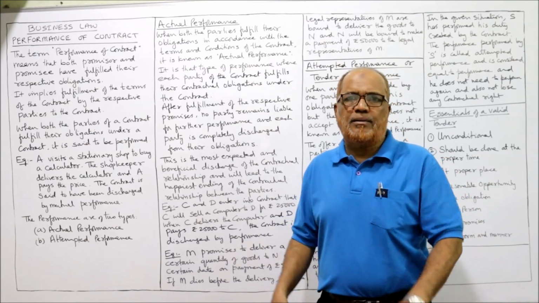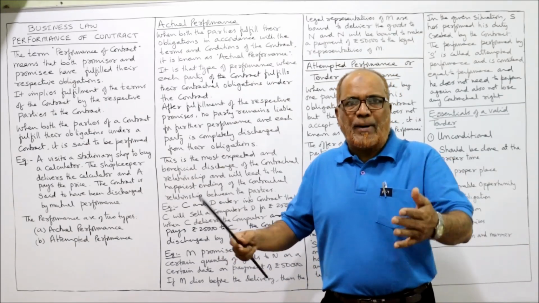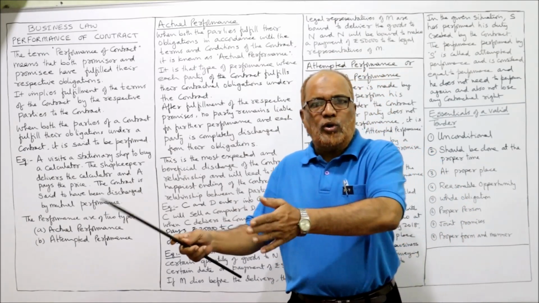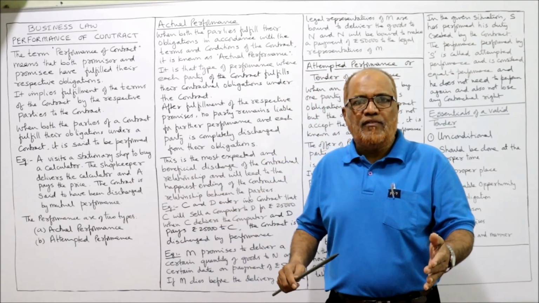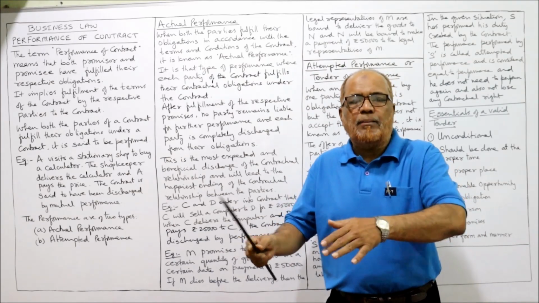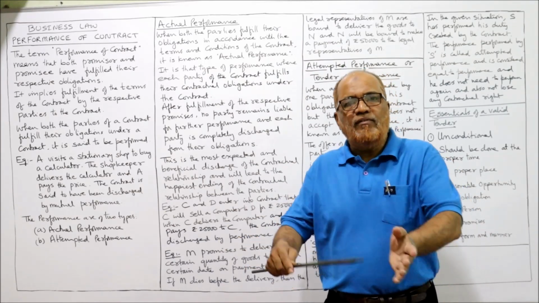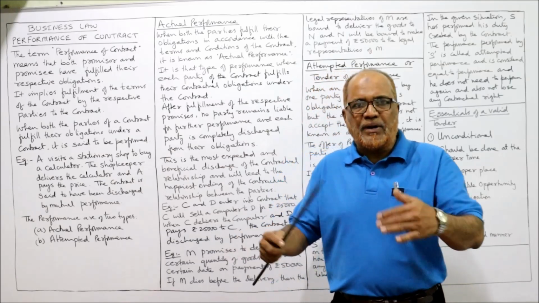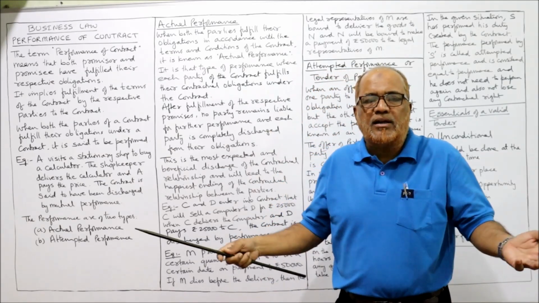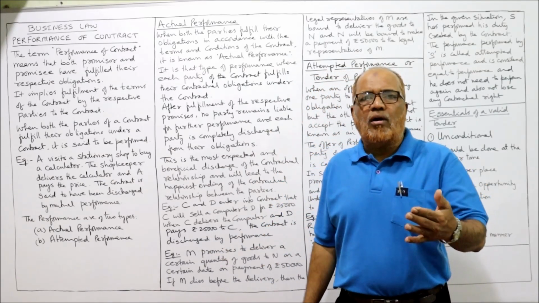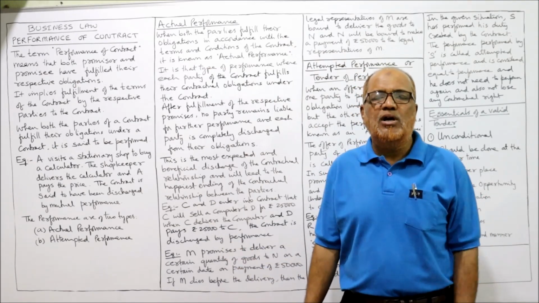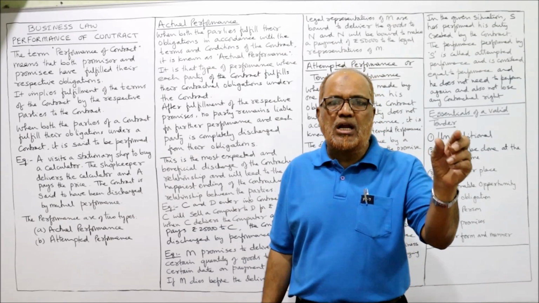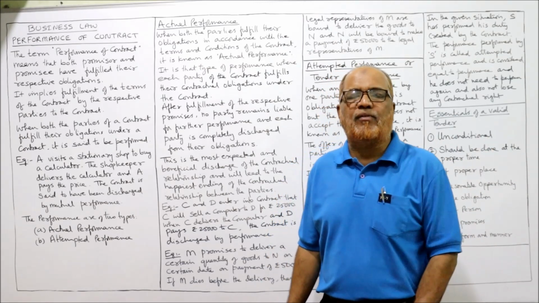For example, when we are using our bike, we need petrol. We go to the petrol bunk. So we have purchased the petrol. We have put the petrol in our bike. We have paid the price, contract is over. When we go to purchase grocery, we have purchased the grocery, we have paid the amount, contract is over. So many contracts are there, many examples are there where the contract is discharged by actual performance.